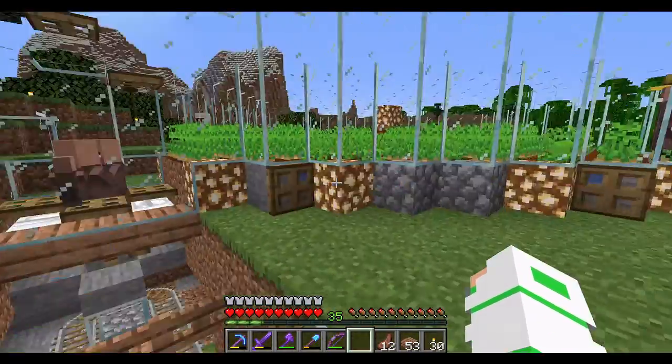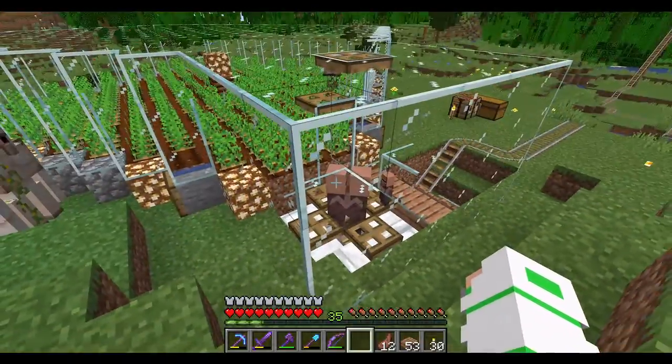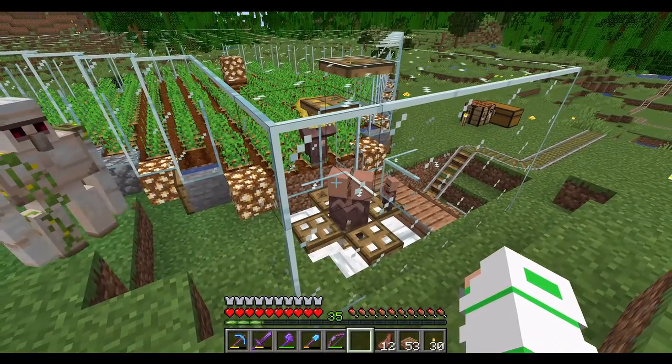Guys, we've got a little bit of a problem. So farmer dude had a baby, and it kind of wandered into the villager cell. Now, this isn't the worst thing in the world, but